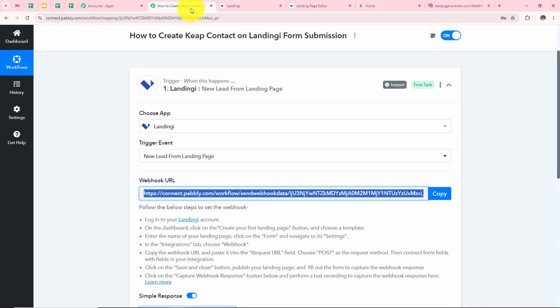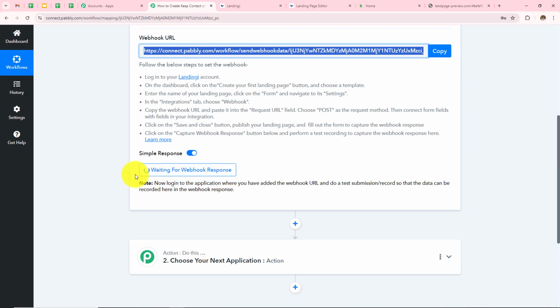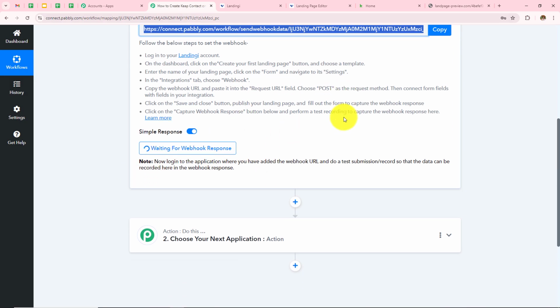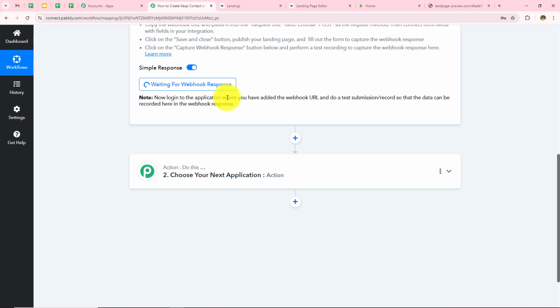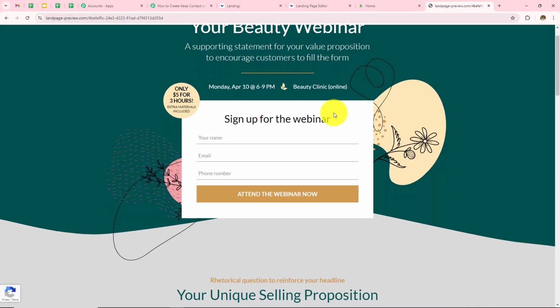Now let's go back to Pabbly Connect, and if I scroll down I will be able to find this waiting for the webhook response, and under this it's written, now log into the application where you have added the webhook URL and do test submission so that the data can be recorded here in the webhook response. This means so as to get the webhook response over here, I need to do a test submission, for which I have to go to my form, and here I have opened this form and I will enter some dummy